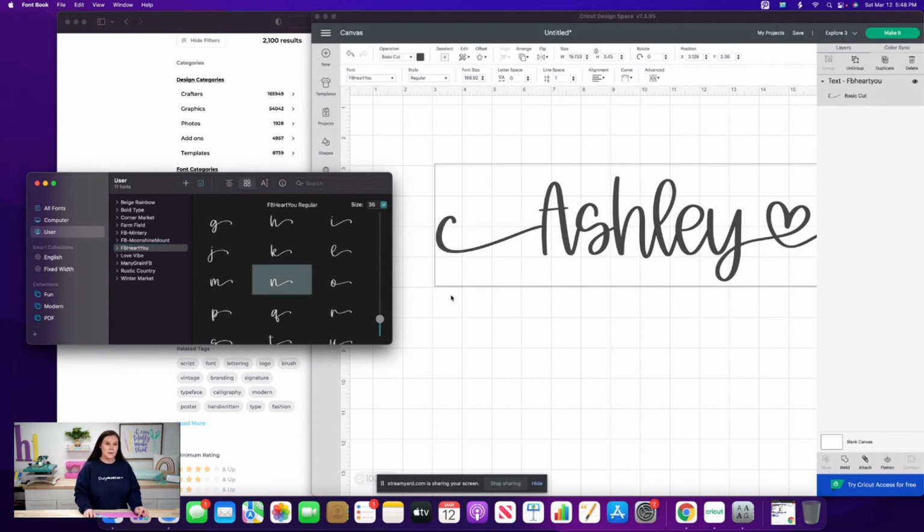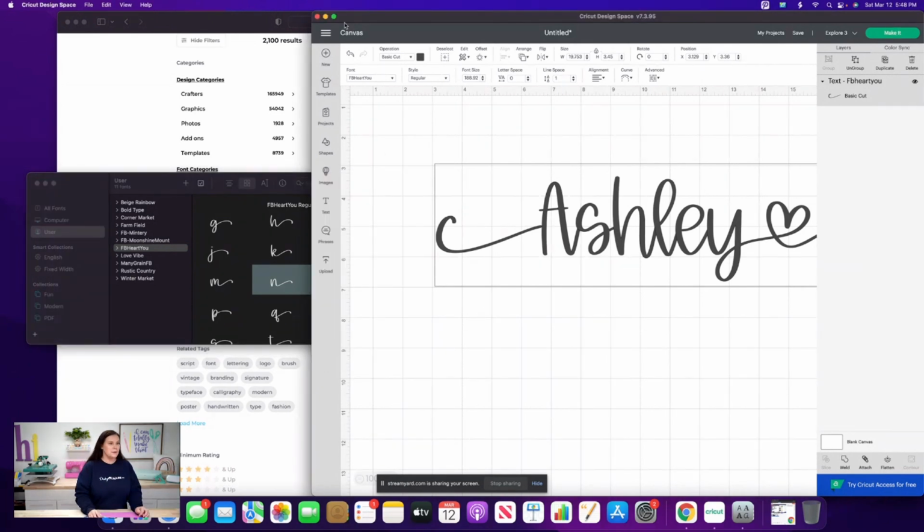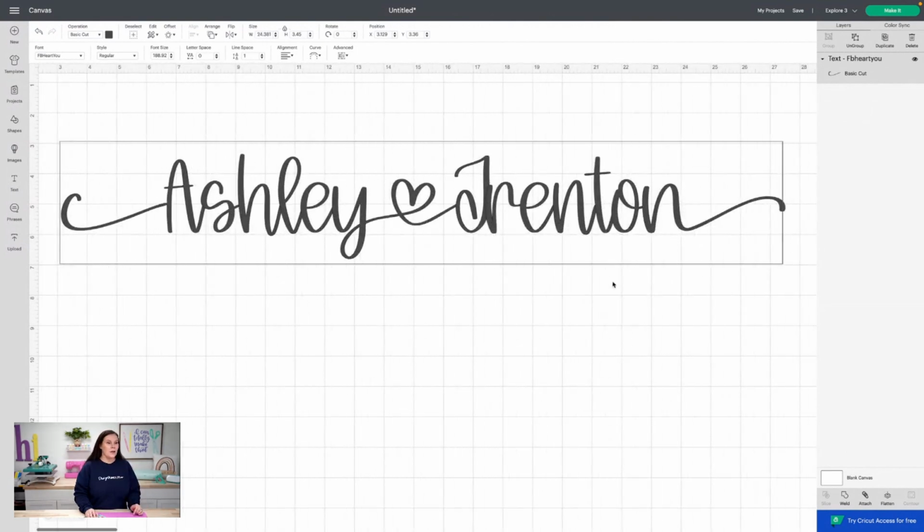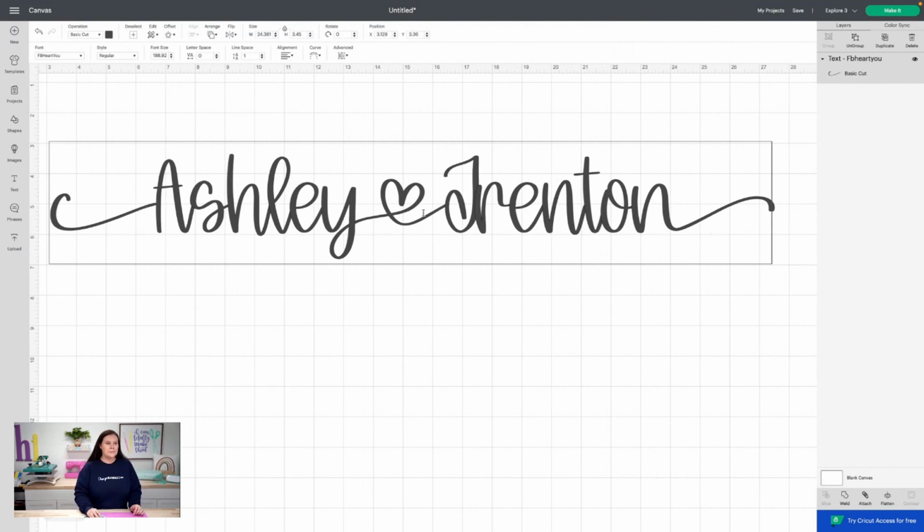We're going to hit Command C. We're going to go back to Cricut Design Space, open this back up, and then click on that N piece there and hit Command V. So hopefully you guys can see that there. Super nice. You can see that whole piece. So if you ever look at that font like we've seen before, now this is perfect. It has the heart, it has the swoops, and that's how you're going to access those glyphs. Whenever you download your font and you go to your font book, if it has glyphs, it's going to show them there.